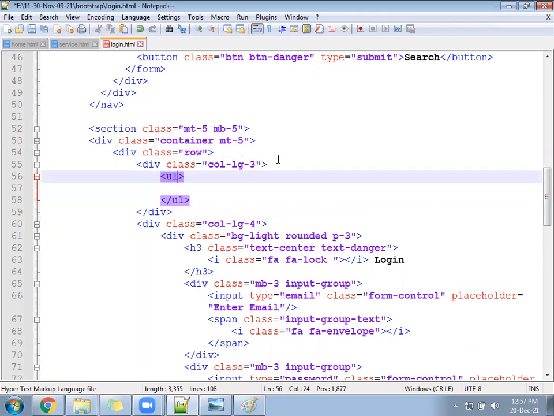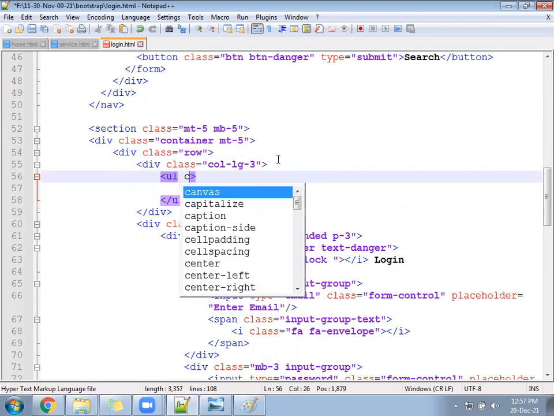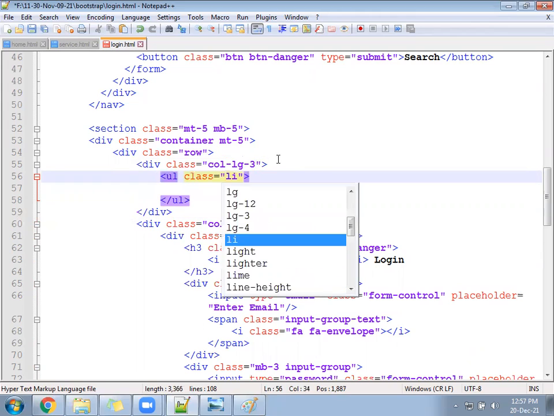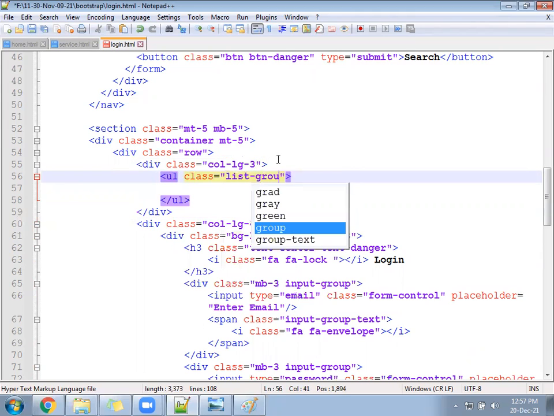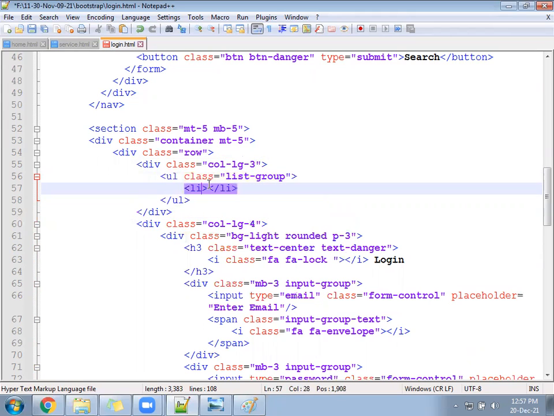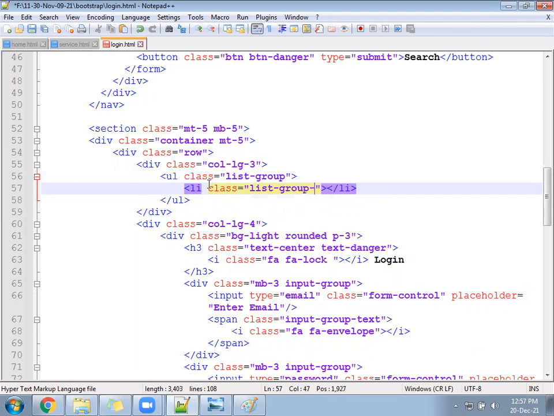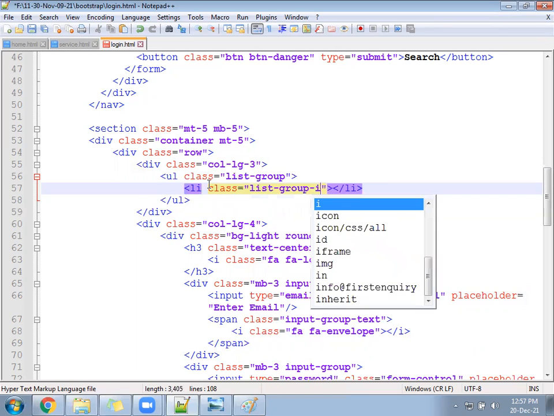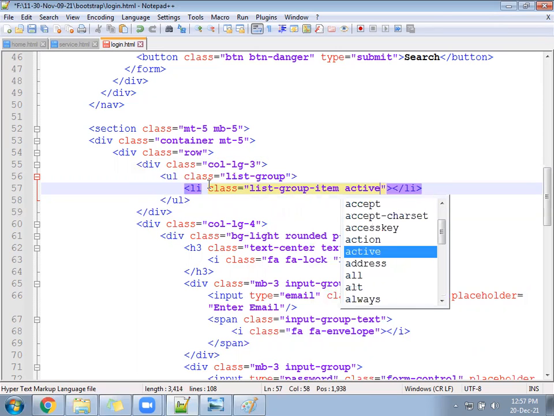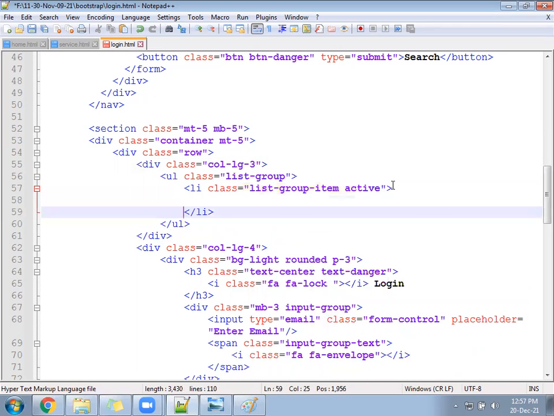For UL, we have a class called list-group. Next we have an li with list-group-item. List-group-item space active.